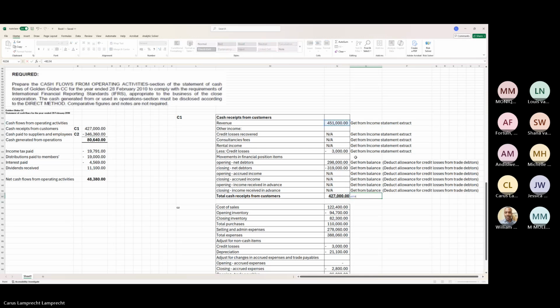So what you do now is essentially you just take this. There's nothing in there now, but you plus that. You deduct your credit losses, and then you just essentially add all the other items. Yeah, and then you get your